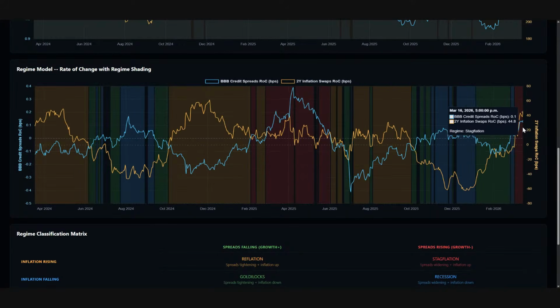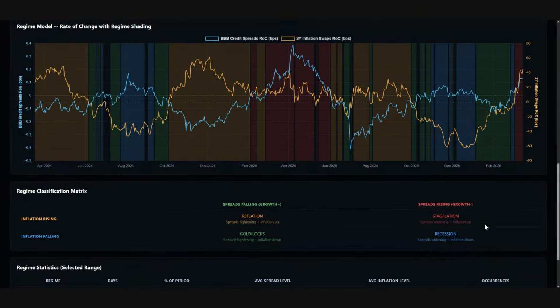And so you can see right here, in terms of the red regime, stagflation, we're in this regime right now, which is causing a little bit of concern for people. Now, this is a very short-term regime, and it's been driven by oil prices, which is why the Fed is going to have to make a decision about how they're going to interact with supply changes in oil prices and things like that.